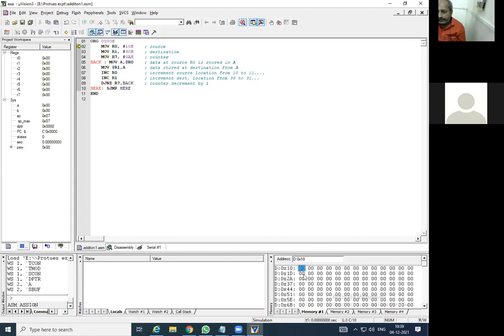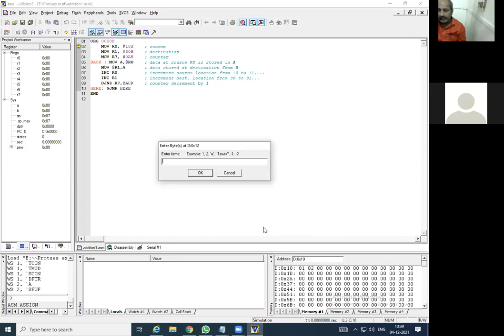Double click here and you can replace the data, or right click, modify memory, and this window will open. Choose the last option and here you can write. If I want to write roll number 1, then 01. It appears over here. Second position, modify 02.